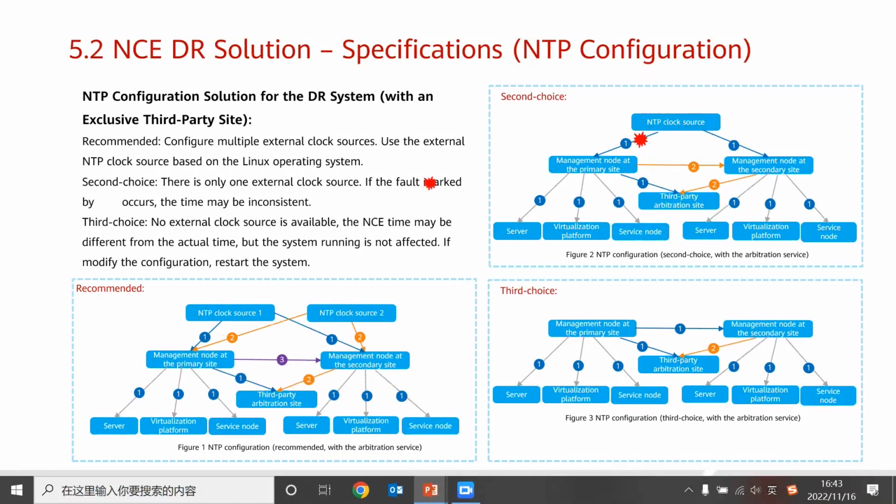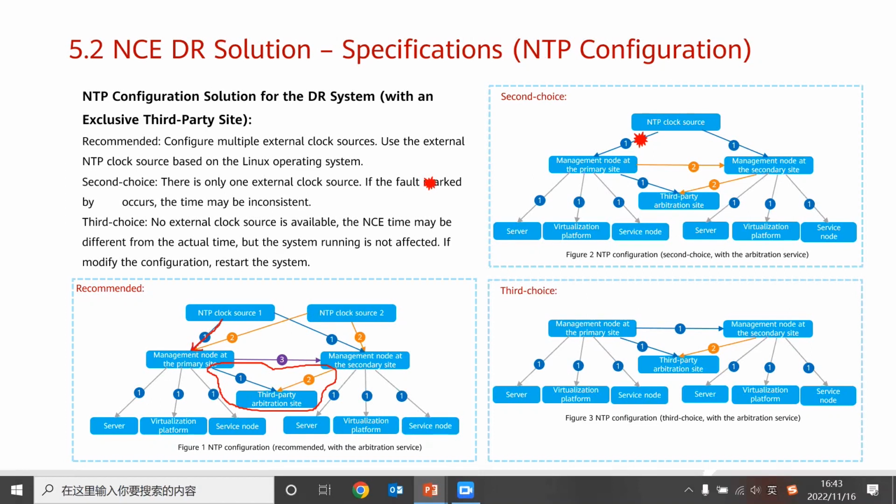So the next one is when we introduce the third party side. We can see it's pretty easy to see. The only difference is here. All others are the same, and the only difference is adding a third party arbitration side. And after adding the third party arbitration side, we see that clock source one still gives the